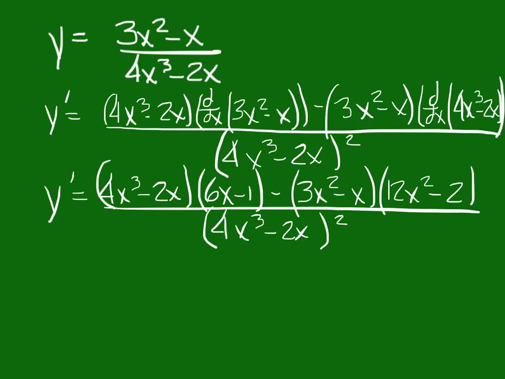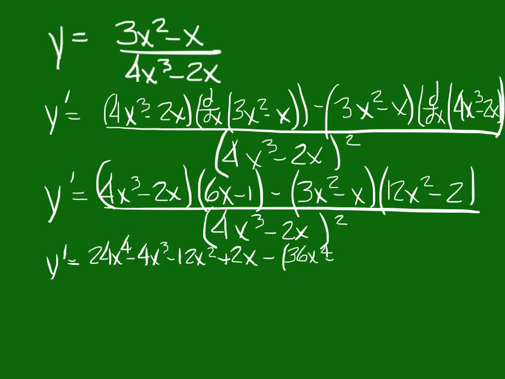Alright, so now you just have to do some multiplication through here. And on the first set of quantities, you should come up with 24x to the fourth, and then minus 4x to the third, minus 12x squared, plus 2x. That's the FOIL. Notice you have a minus sign. So you need minus and then left-hand parenthesis because your entire quantity of that back half multiplication must go inside those parentheses. You'll have 36x to the fourth